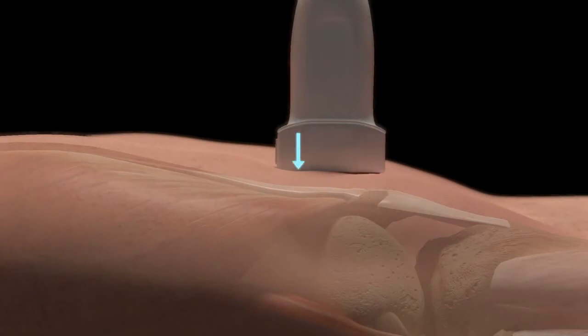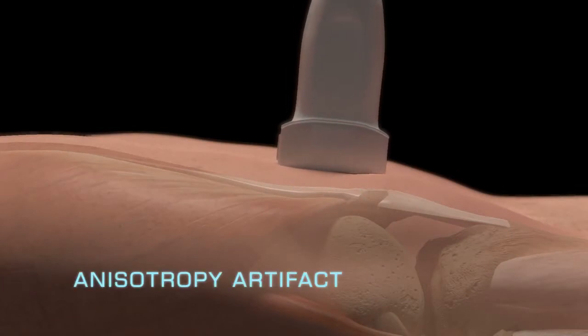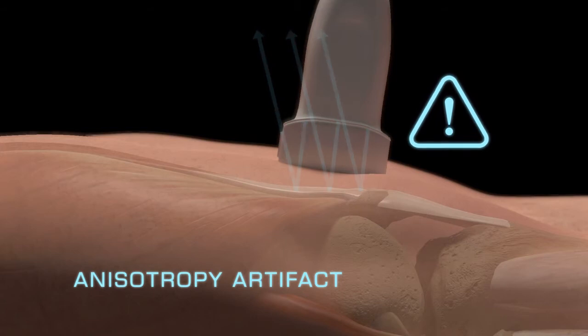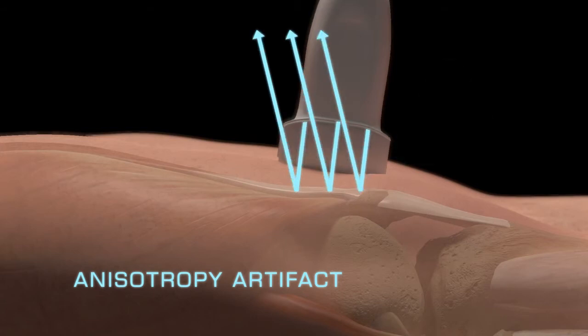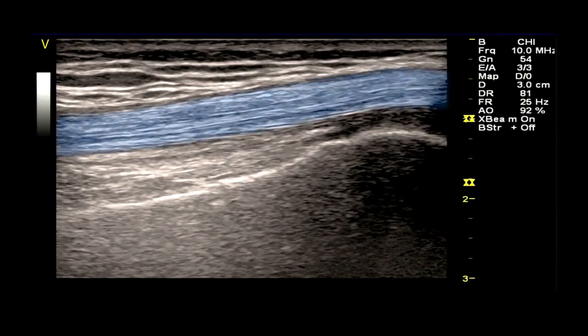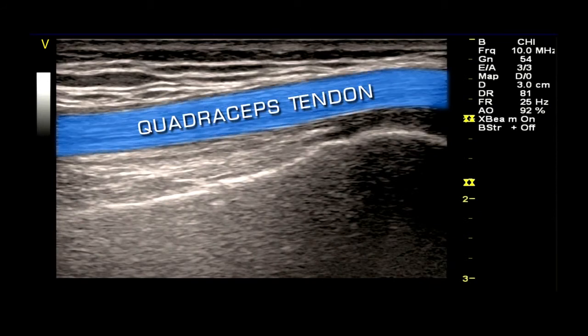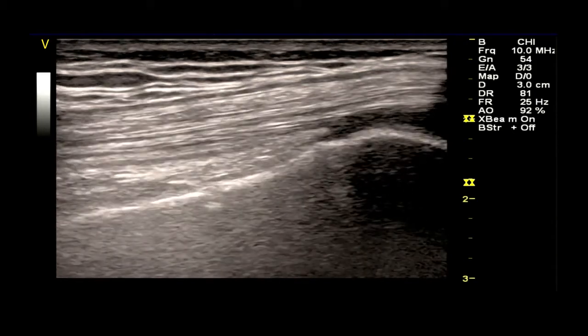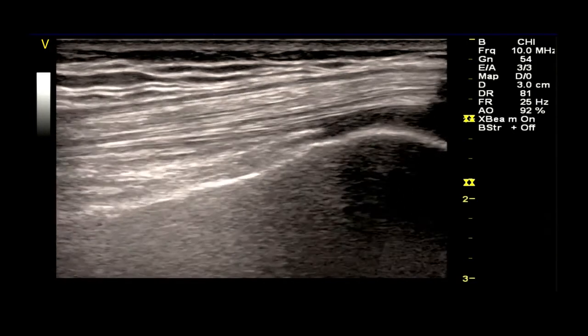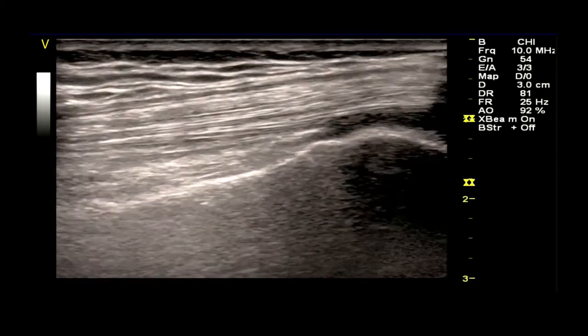The anisotropy artifact is a phenomenon that can occur when the probe is not positioned perpendicular to the tendon being imaged with ultrasound. In this suprapatellar image of the knee, the quadriceps tendon is largely hyperechoic. When the probe is rocked slightly to make the ultrasound beam not perpendicular to the tendon fibrils,